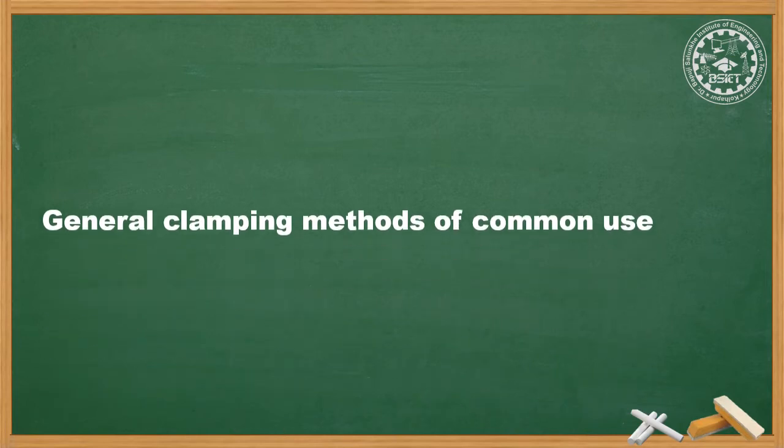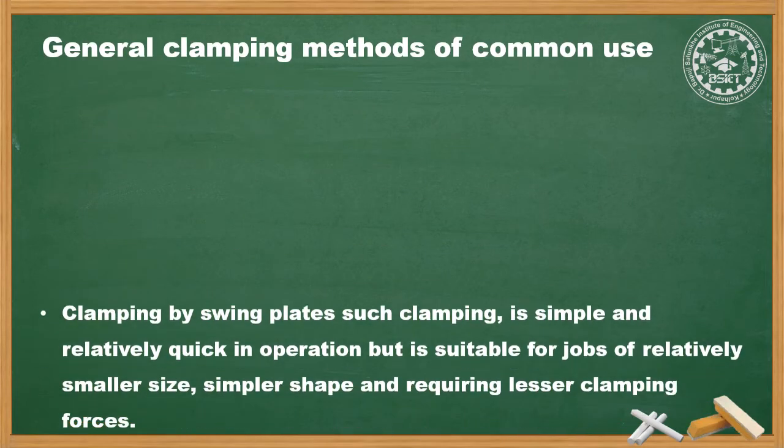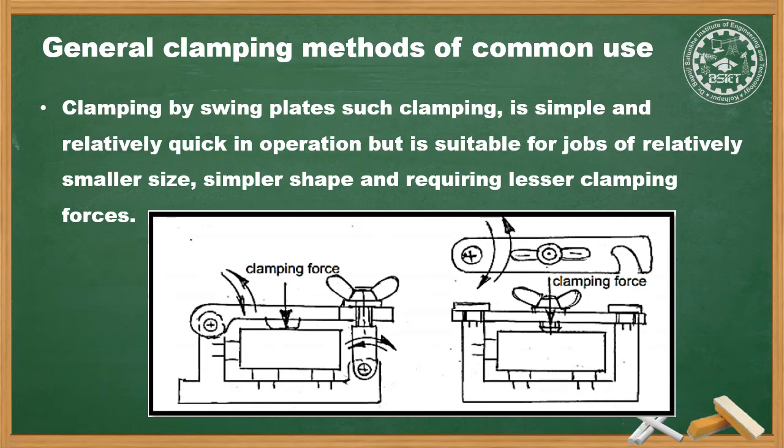The next type of clamping method of common use is the clamping by swing plates. Such clamping is simple and relatively quick in operation, but it is suitable for jobs of smaller size and simple shape and requires less clamping force. As shown in the figure,